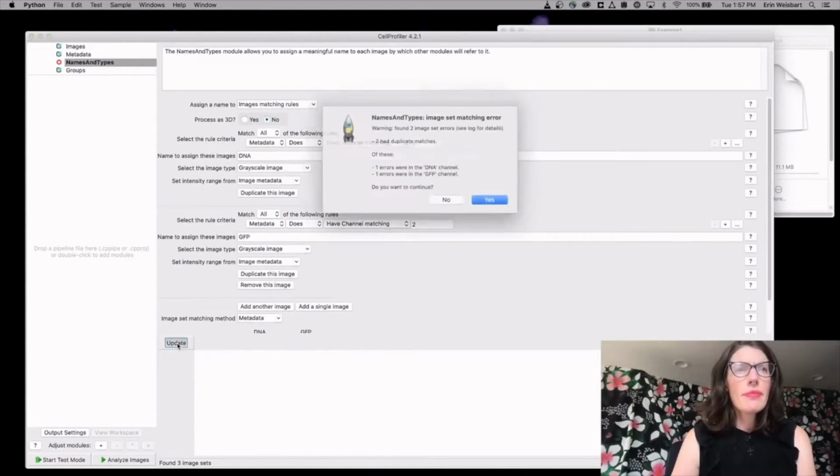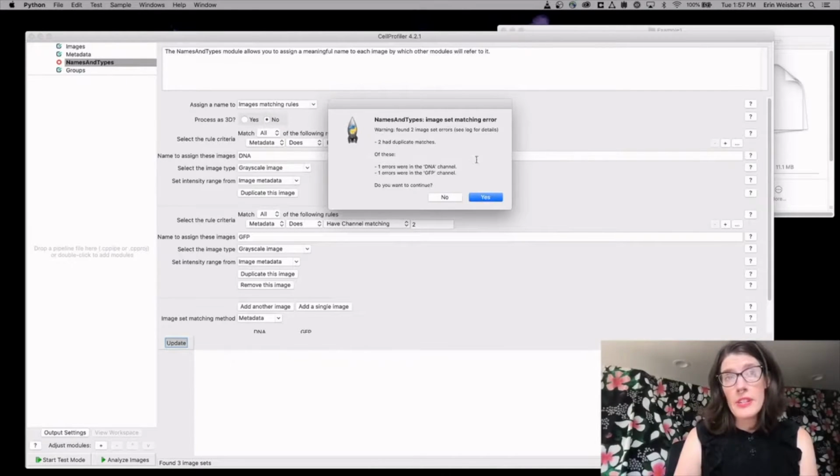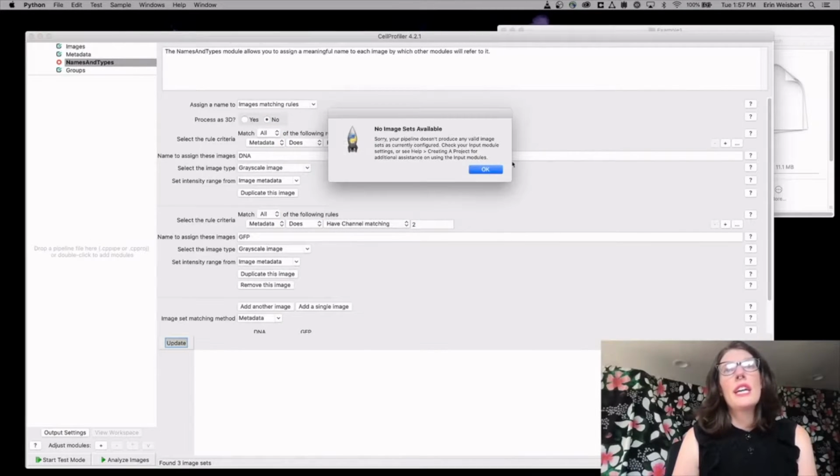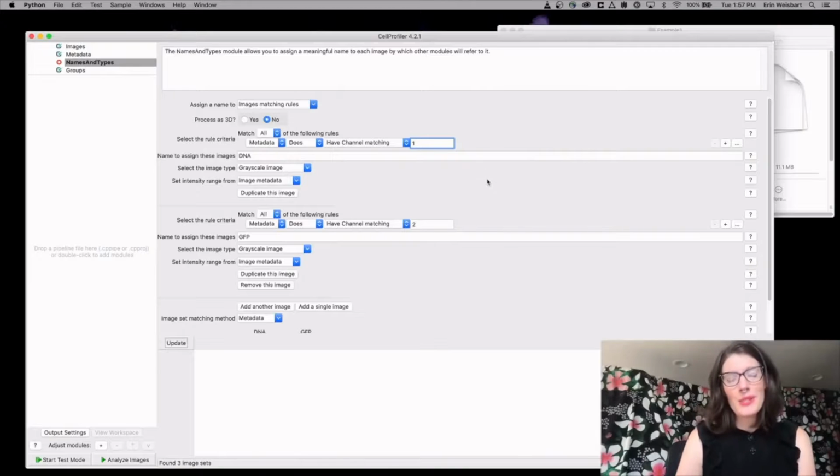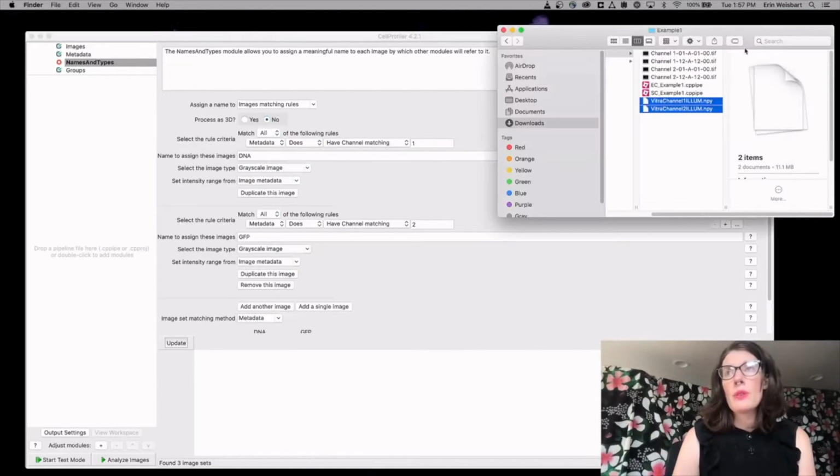And so if we did that now, it's going to give us some errors. And the reason that happens is, again, we have yet to tell it how to handle these illumination correction images. So currently, metadata does have channel 1 assigns things to DNA, and channel 2 to GFP. But we need to get a little more explicit than that because, again, those illumination correction images, we already figured out that they are also channel 1 and channel 2,